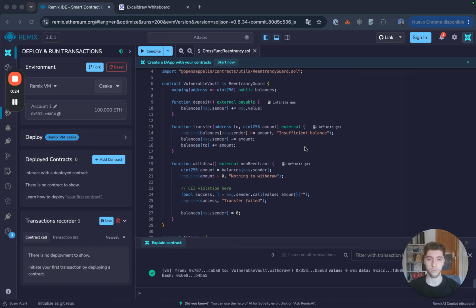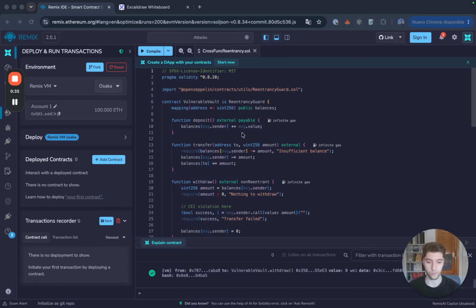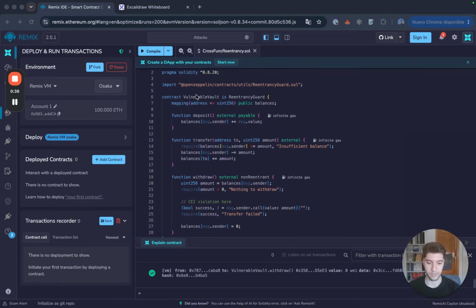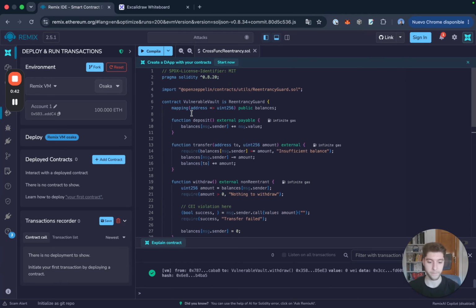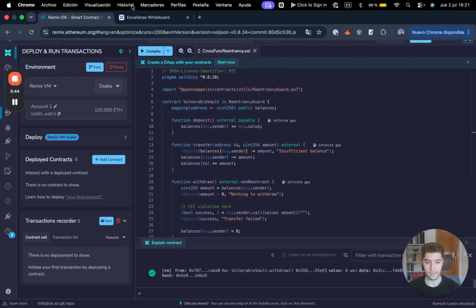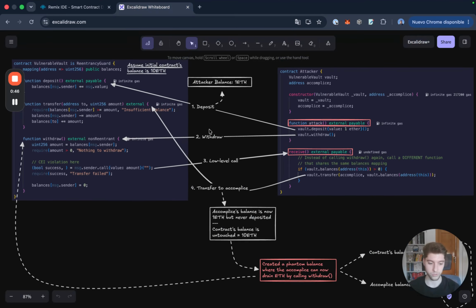leaves a window for an attacker or a bunch of attackers to come to your protocol and steal funds away from your contract. So in this video, I'm going to walk you through this code where I have a vulnerable vault right here, and we also have an attacker contract right here. I'm going to walk you through the code, and then I'm going to explain what's going on behind the scenes